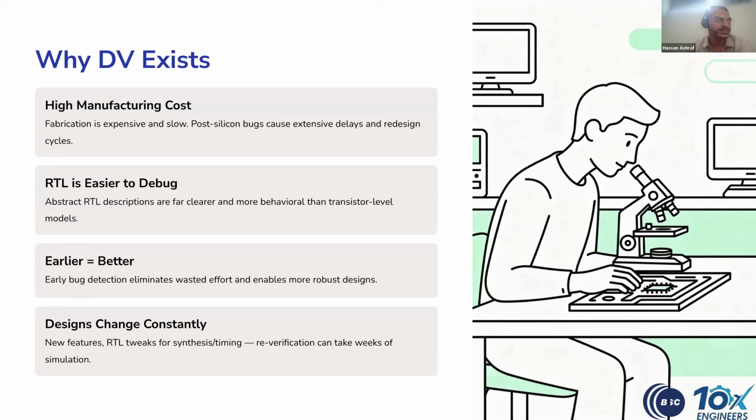First, manufacturing is astronomically expensive. Down the webinar, we'll understand what the challenges are when you send your design to the fab for manufacturing. And before that, you have to verify each and everything because you want to save the cost at the fabrication level. If you fabricate something wrong and you find the bug at the post-silicon stage, which is once you have your board from the fabrication lab and you find some bug that could have been fixed at the simulation level, it will cost